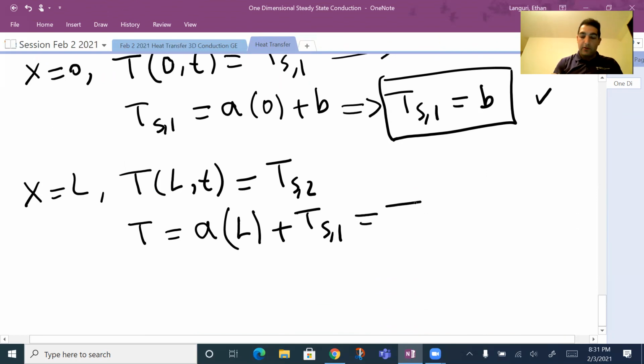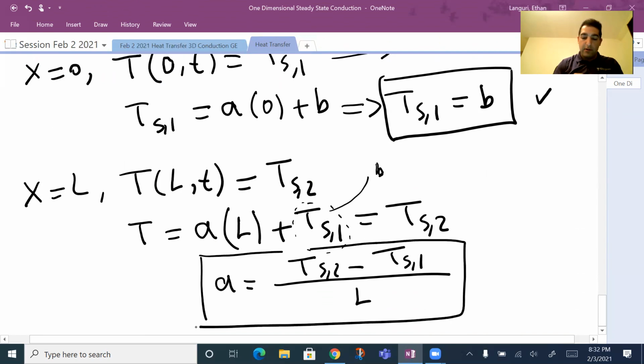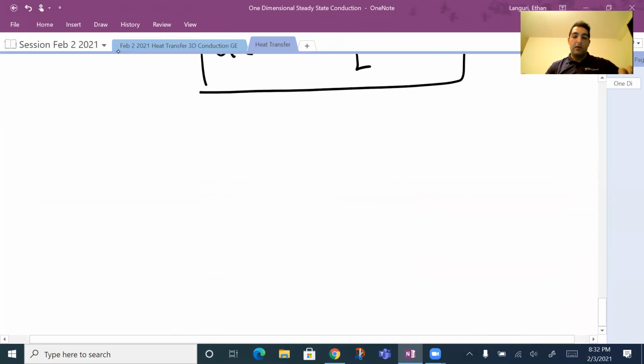Correct? That should be equal to Ts2. By the way, this is B. Right? So I'm looking for A. A is simply TS2 minus TS1 divided by L. So this is my second unknown. I found A, I found B, and all I need to do is go back, replace it into my